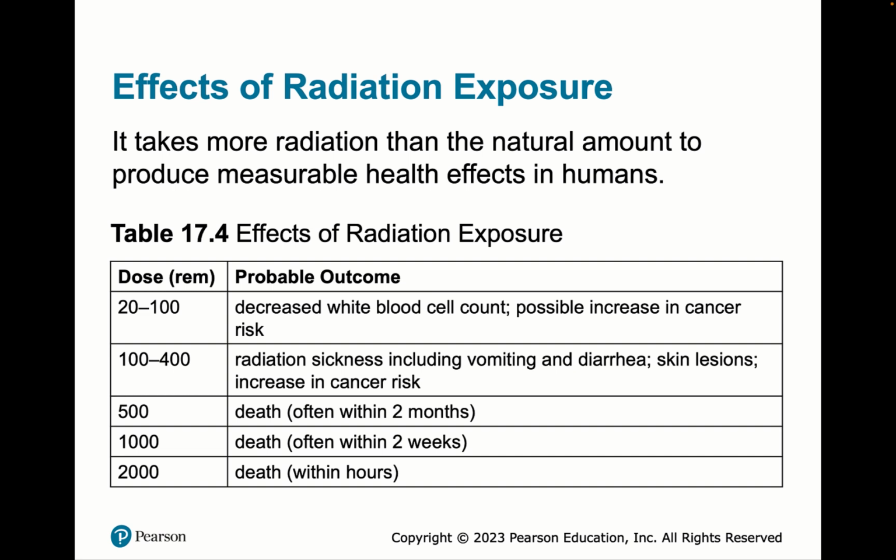So 25 rem is when you start to see a physiological effect, and that's about the dosage the workers got in the Fukushima reactor. They were working there, and they got a dose of about 25 rem, and they were fine. But at about 60 rem, your hair can start to fall out,